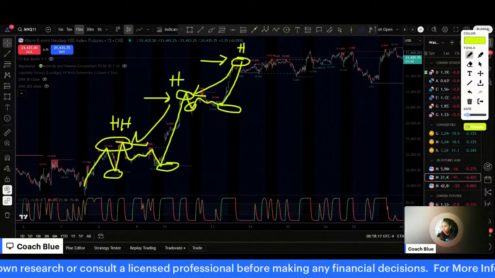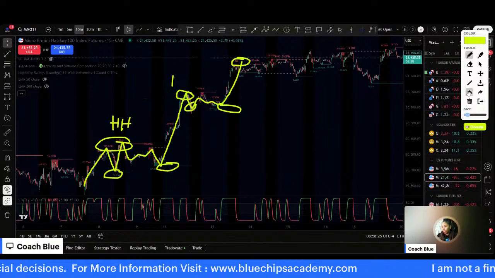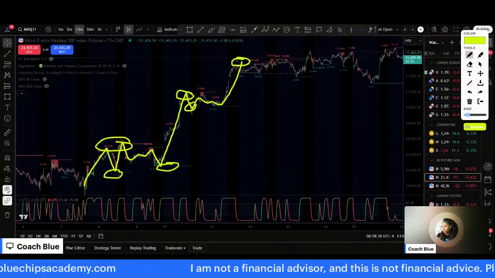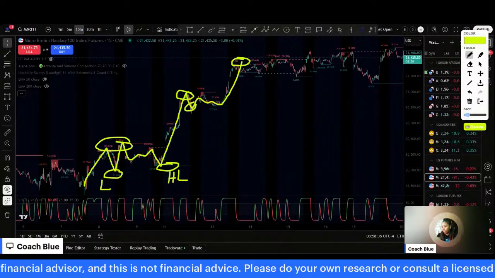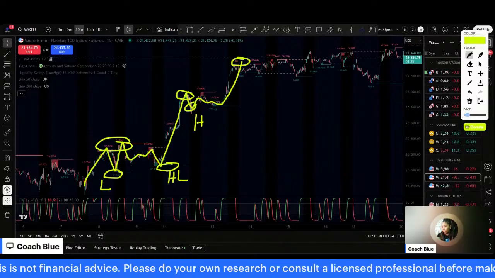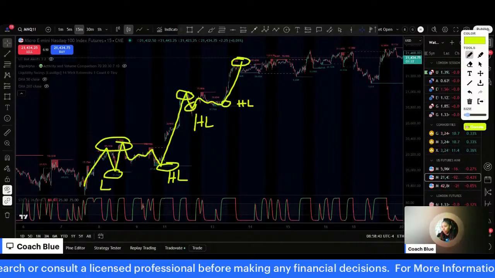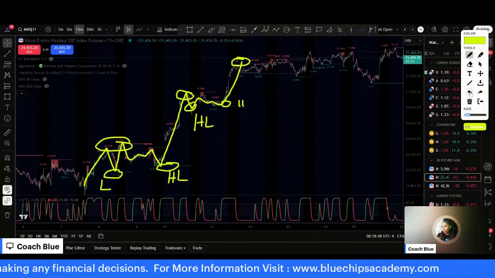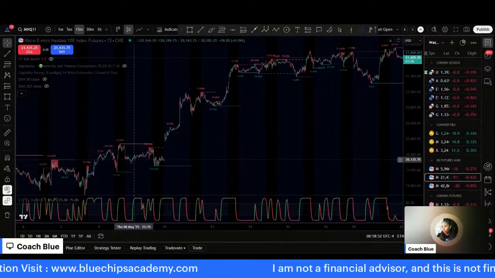It gets a nice surge to the upside. That tells you that we're in an uptrend. Okay, those are higher highs. Now, higher lows are just the bottom of the pivots. So here's a low here. Here's a higher low. Come down here, come here. Here's a higher low where it pivoted. Come here. Here's a higher low. So those are two indications that help you identify if you're in an uptrend or downtrend, and then you can see it clear as day that price is moving to the upside.